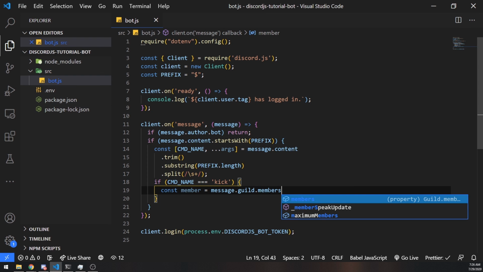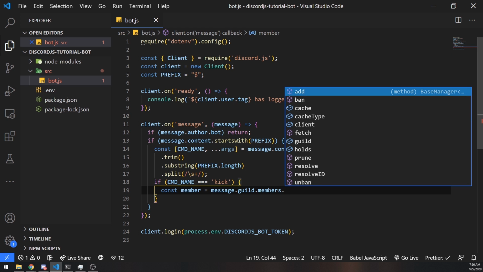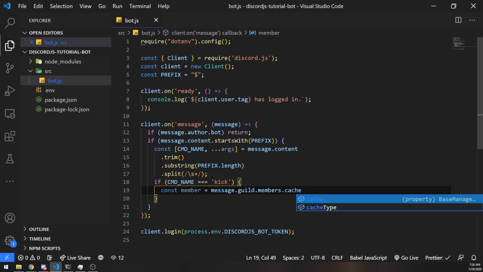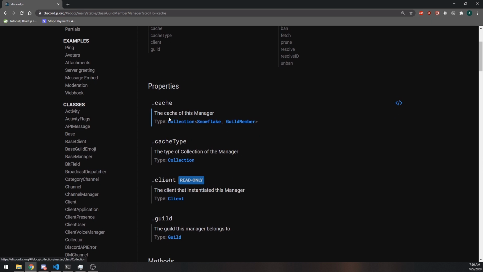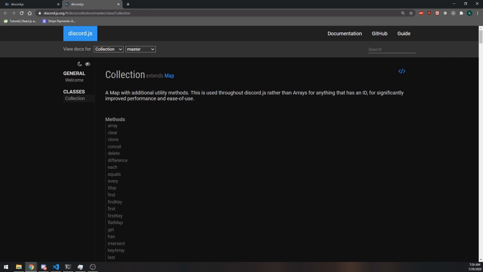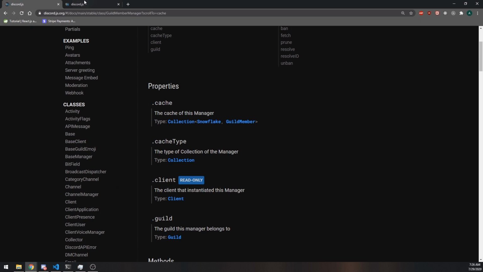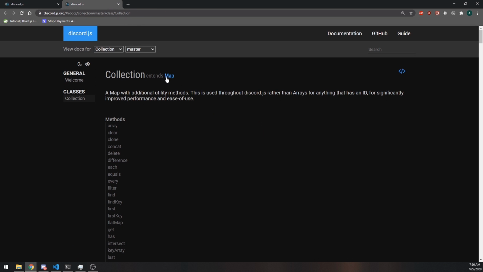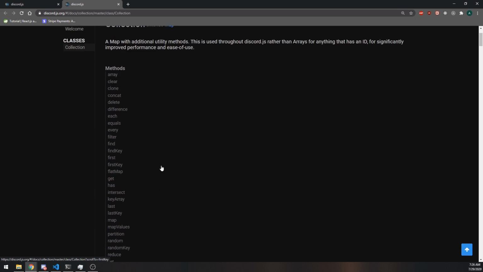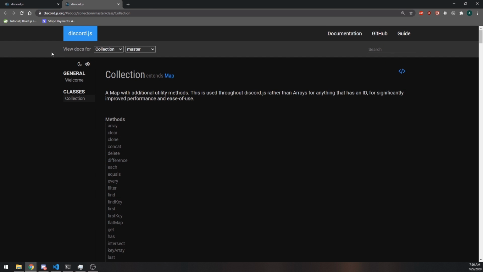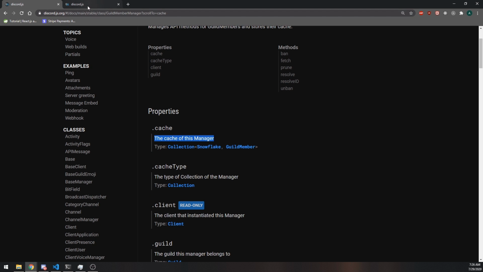message.guild.members. Remember, that's the guild member manager, and the guild member manager has a property called cache. Okay, now cache is actually a collection. If you want to know what a collection is, you can click on the documentation over here and it'll tell you. But collections are basically just like maps. This was an additional class built on top of maps. It extends maps and has additional utility methods. It's actually very, very easy to use. It's nothing crazy. The base map itself doesn't have a method such as filter or reduce or sort, but this collection does. So when you think about maps, you can think about key value pairs, and when